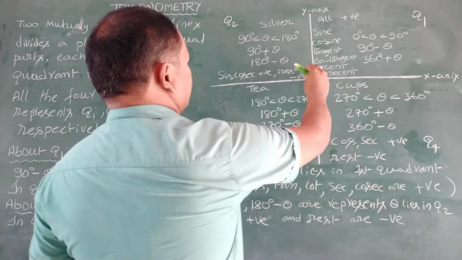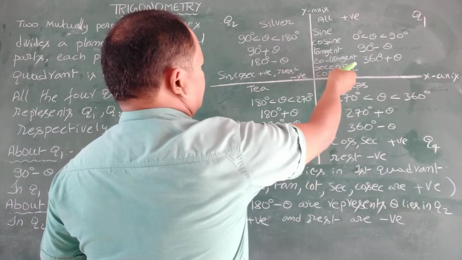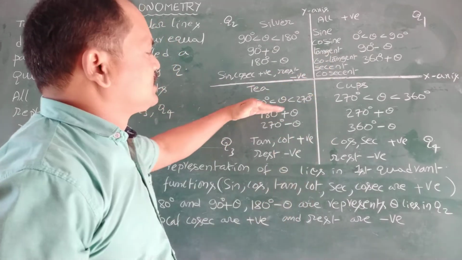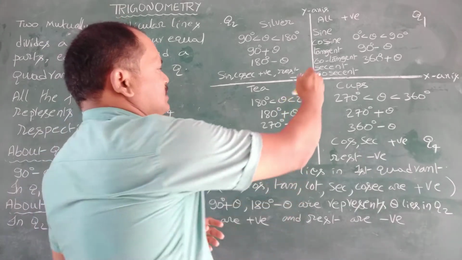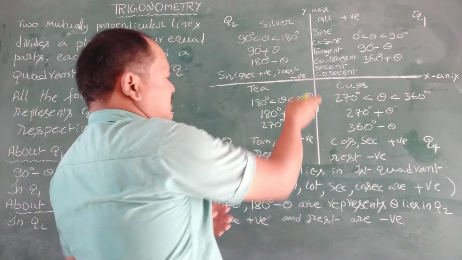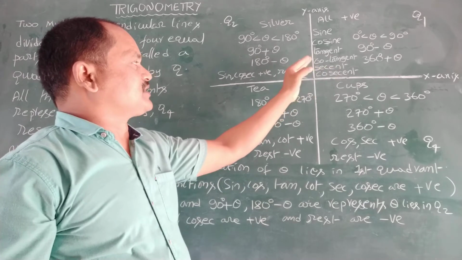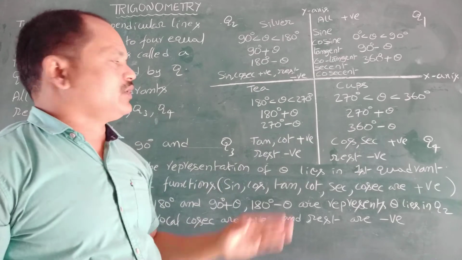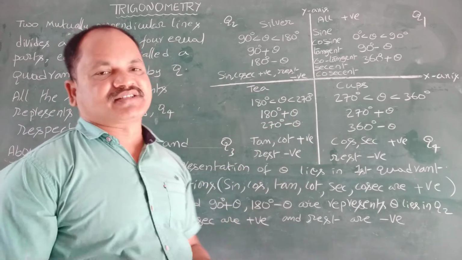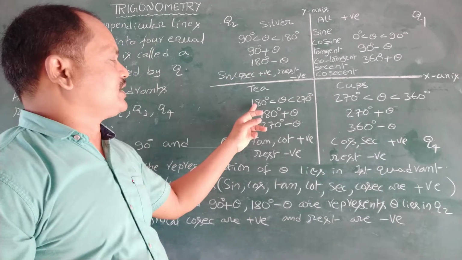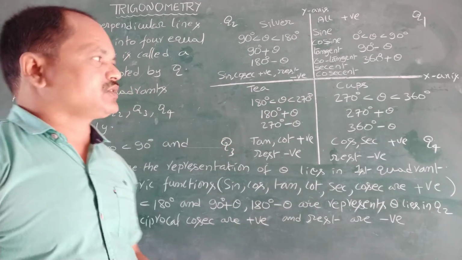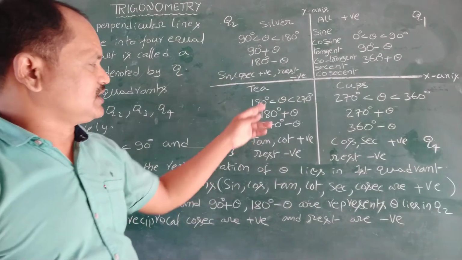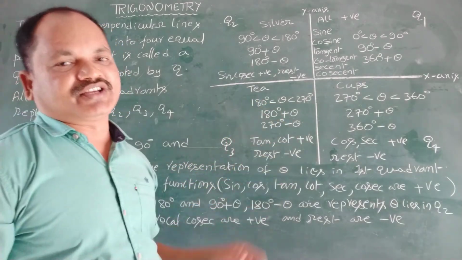Again, the revolving line enters the third quadrant. That means 90 plus 90, 180 plus. So 180 plus theta, and if it coincides with the negative y-axis, then it is 90 plus 90 plus 90, 270. That's why 270 below and 180 above. So 180 plus theta and 270 minus theta. That's why theta lies within the interval 180 less than theta less than 270. So theta is in Q3. These are the representations of theta lies in Q3.